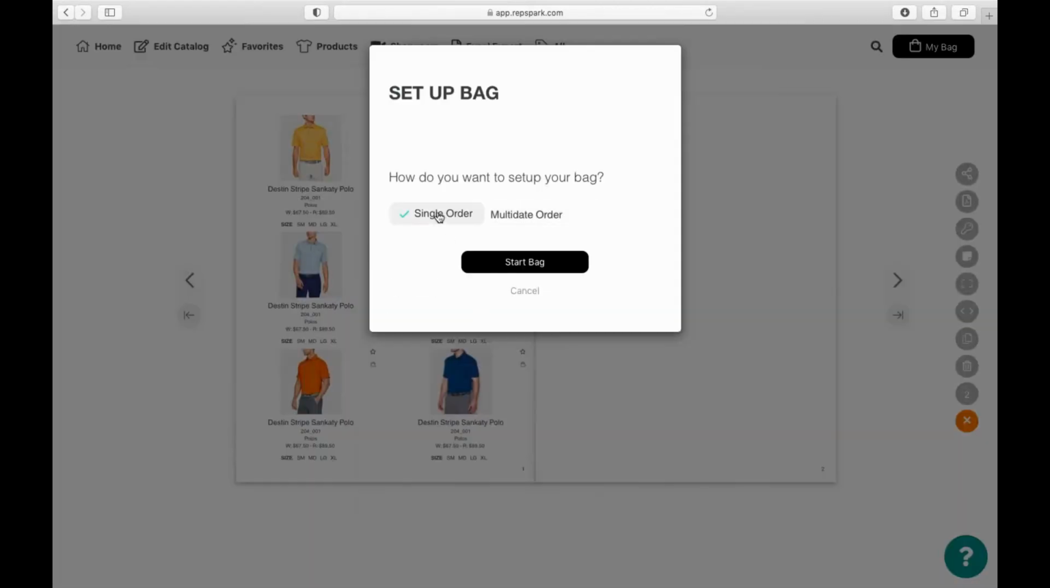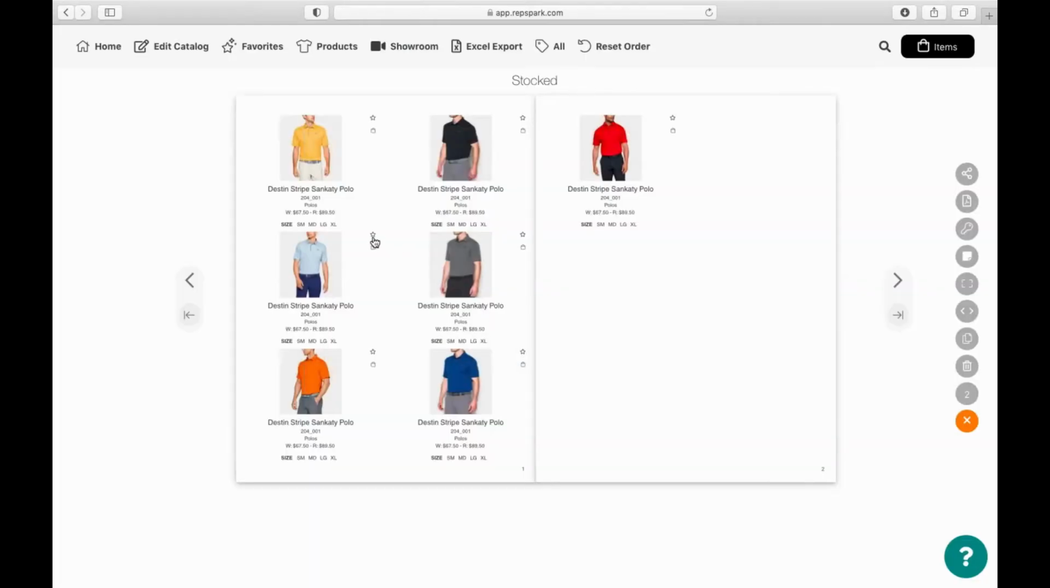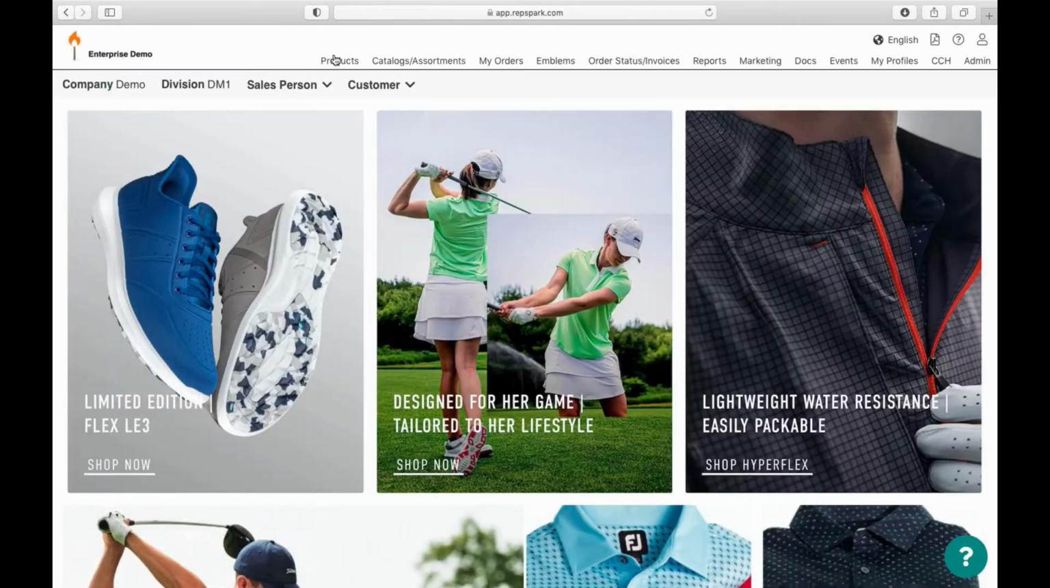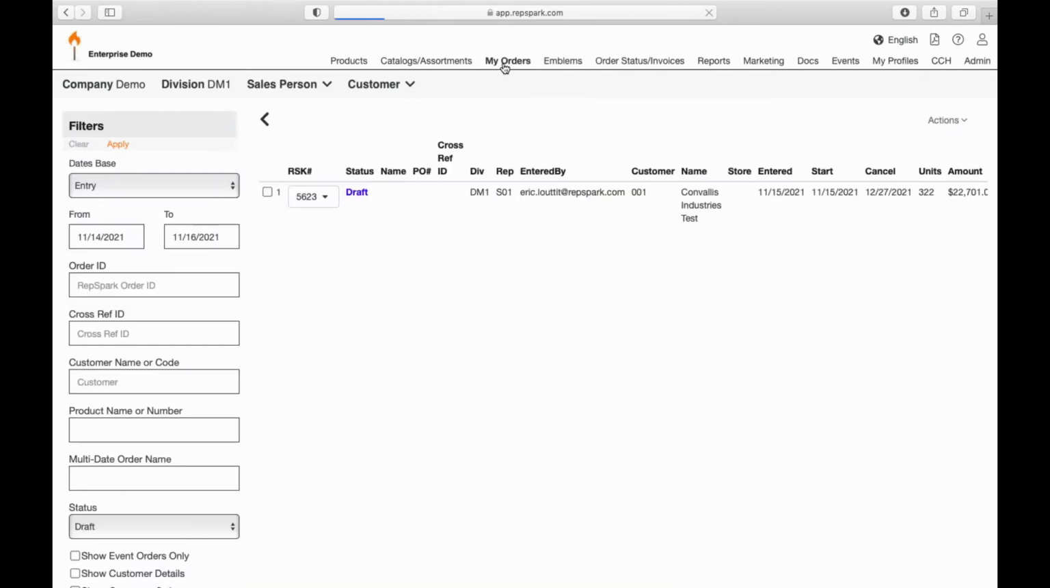Again, maybe I'm actually going to be adding to a cart. So someone can be adding to a cart from the catalog that was shared, or maybe I'm going to be interacting with it in a pre-book fashion and just creating a favorites list. So again, real high overview of RepSpark. You have your products, you have your catalogs and assortments, and what I wanted to end with is here's your